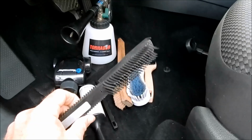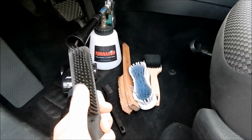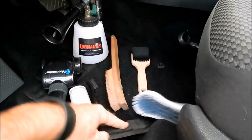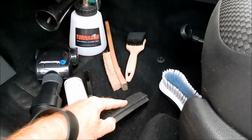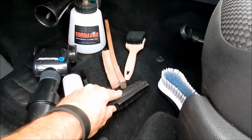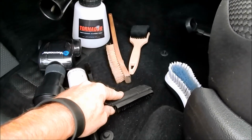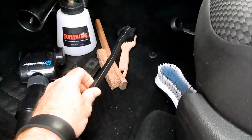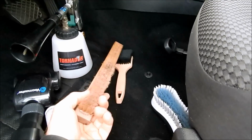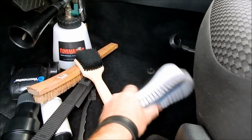You've got what is called a dog hair removal brush. This is literally made out of rubber, and it grabs as you brush it. It's very effective also because the fibers that are intact will remain, but this will break loose all the debris that's not part of the actual fibers. Then of course you just have your traditional detailing brushes, and this is just going to be a case by case basis based on the area that you're trying to break free